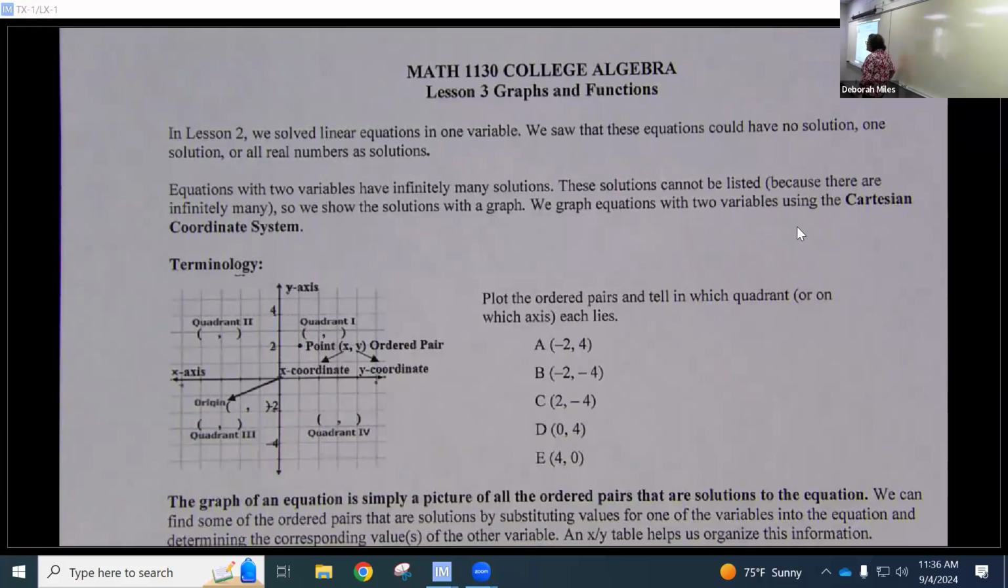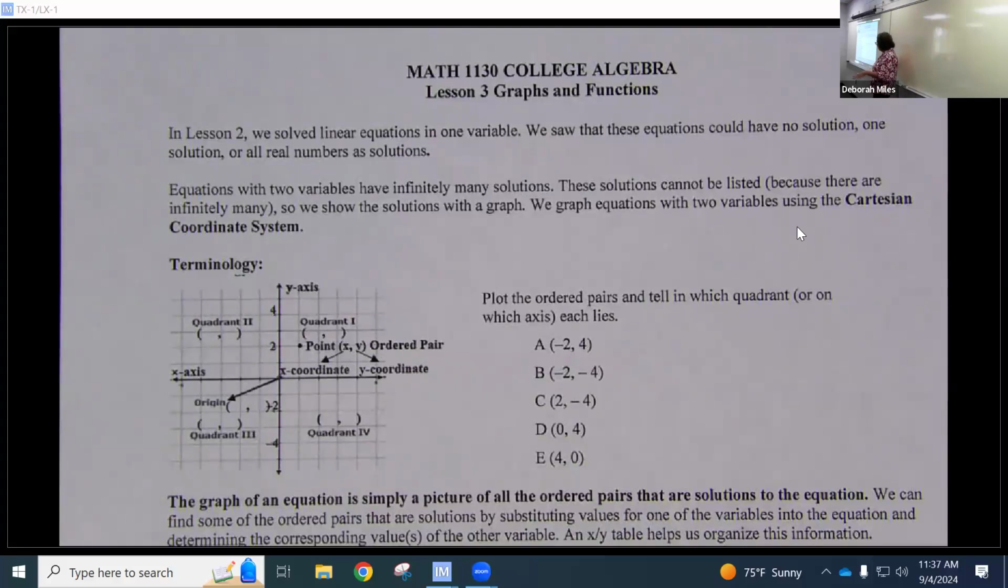And these 2 number lines are called what? X and Y axis. They're called axes. Each one is an axis, plural, they are axes. The horizontal number line is called the x-axis. The vertical number line is called the y-axis, and the point where the 2 axes cross is called the